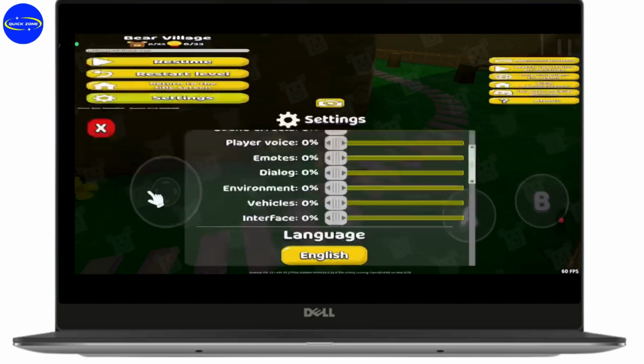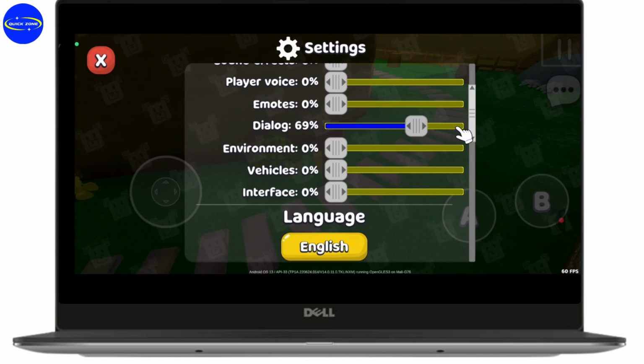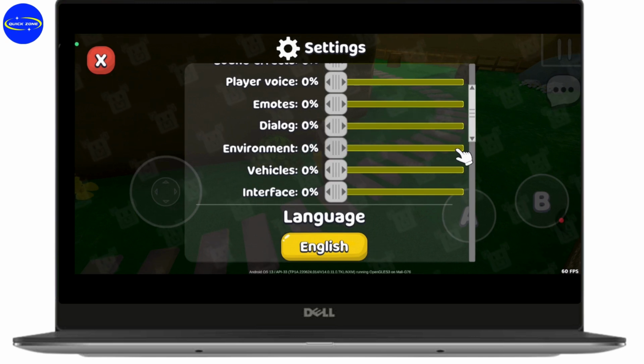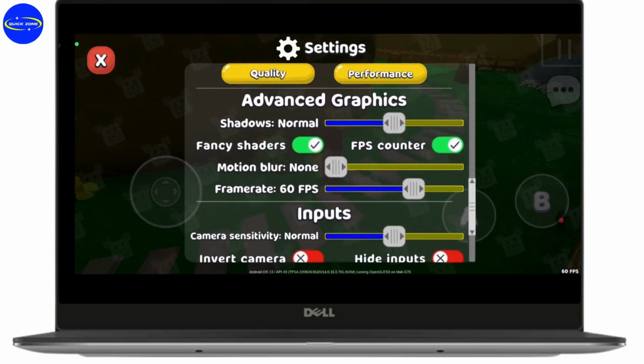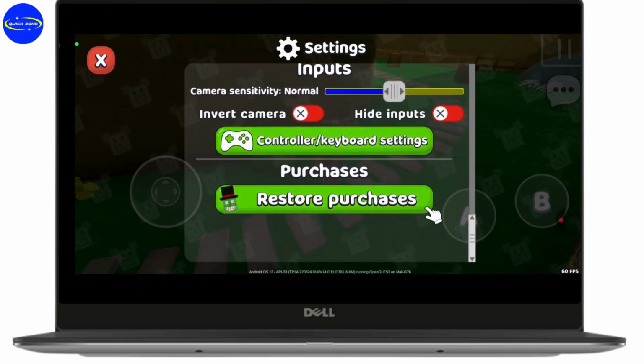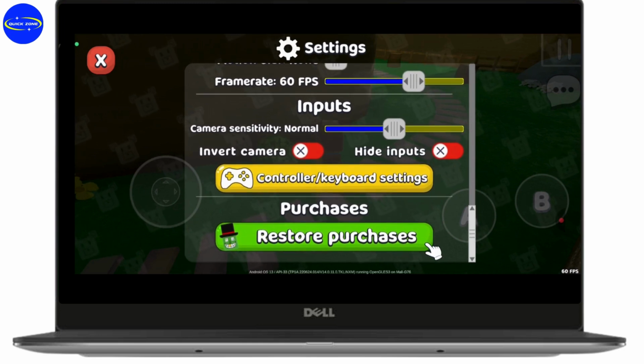Now you need to tap on settings, and as you can see, you will have an option of adjusting your volume, and if you scroll down you will have the gameplay option, and if you scroll down again you will have some advanced graphics, inputs and everything, but you won't have an option to change your name in Super Beer Adventure. Then what you need to do is simply go back and change your name on